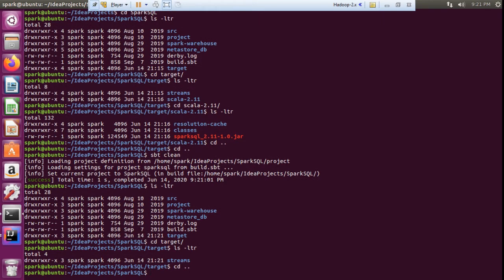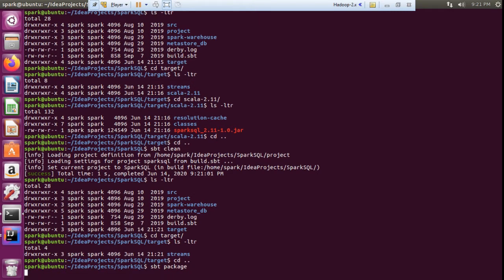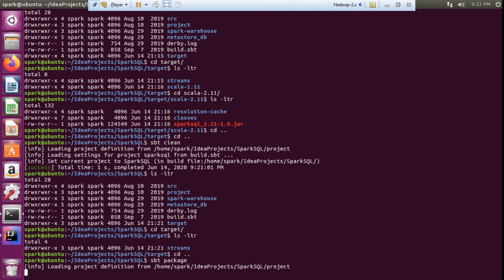So now what you have to do is, everything is cleaned now, so you have to generate a new jar file. You have to type sbt package. This is using sbt.